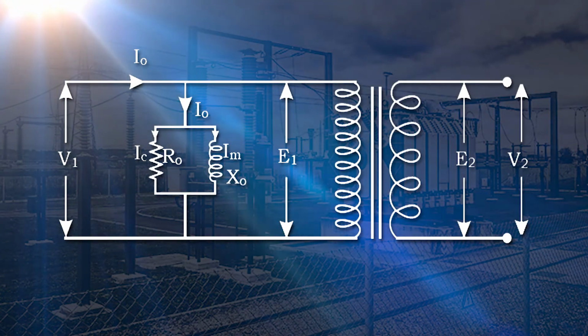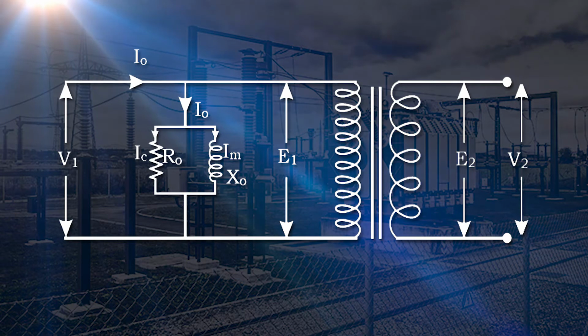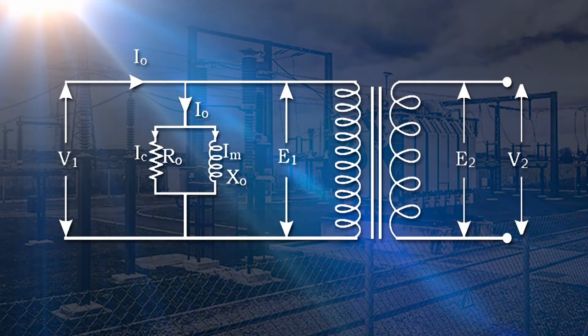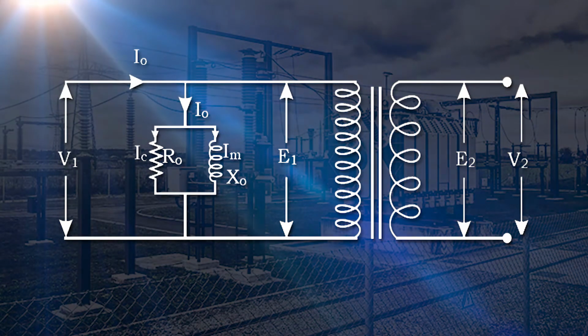Because we are calculating all the values at no load, that means the secondary is open, as you can see here. Due to this applied voltage V1, one EMF will be induced, which is shown here as E1, and now this flux will link with the secondary winding also. This flux is equal to what? This can be said as I2 into N2, where I2 is the secondary current and N2 is the number of turns. Because the secondary is open, I2 is 0. If I2 is 0, then N2 into I2 is 0, which means whatever flux is produced on the secondary side is 0.